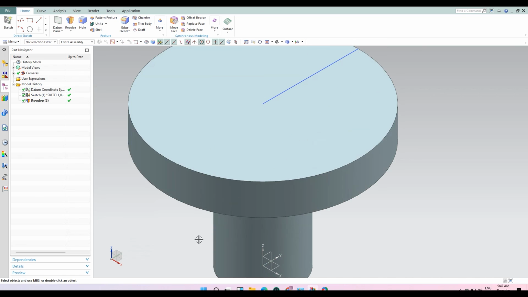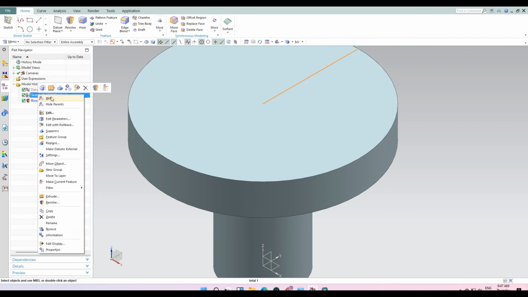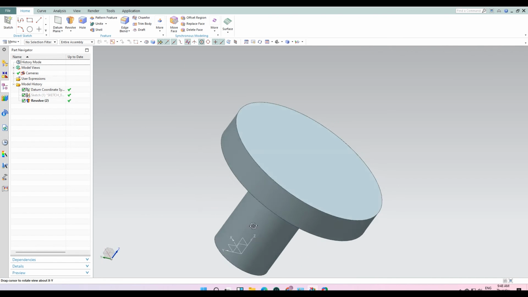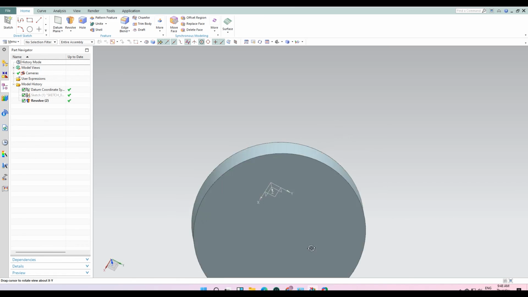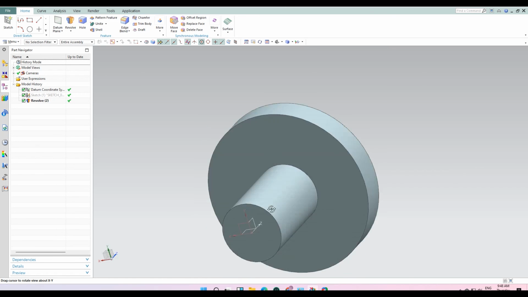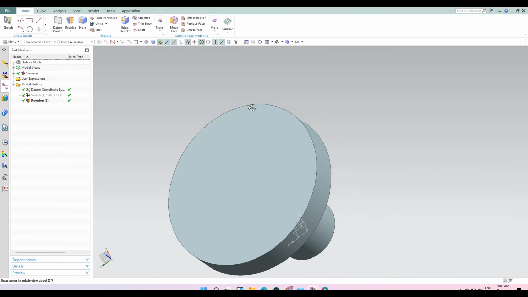Then hide the sketch. You can see a simple table is drawn by this revolve feature in NXCAD. In this way you can draw simple drawings in NXCAD, simple to advanced.